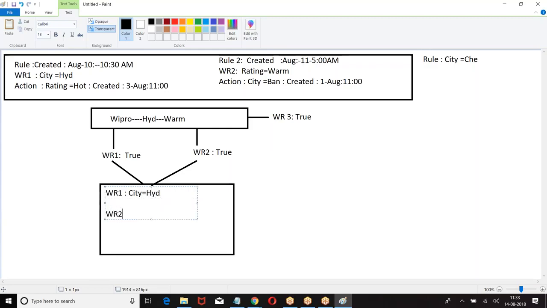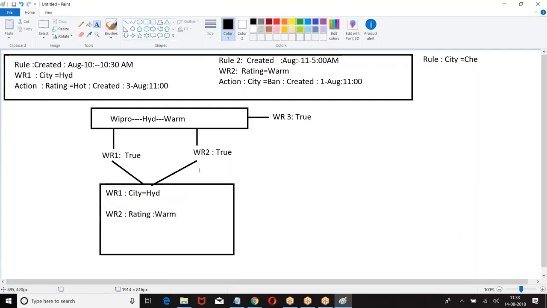Workflow 2, equal to. Now, after verifying all the rules, whichever rules are true, collect their actions. Run the actions as per the order of workflow rule created date. First, which rule is created first? 10th August. So perform this.